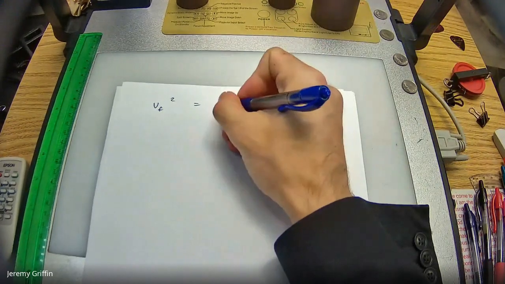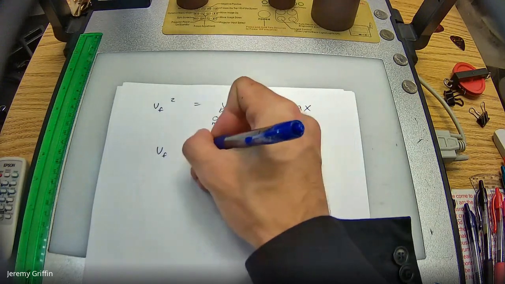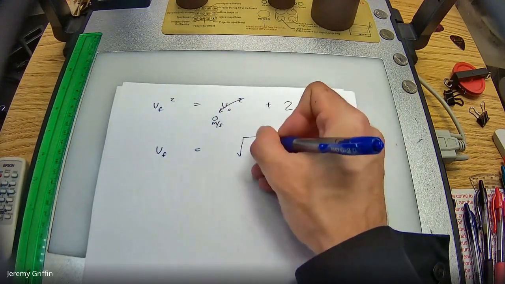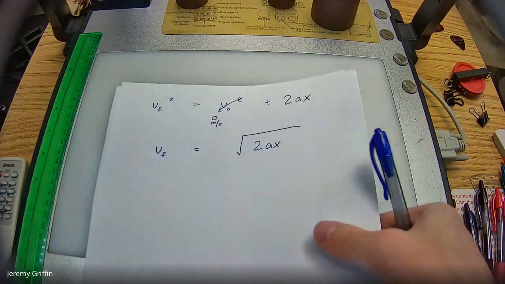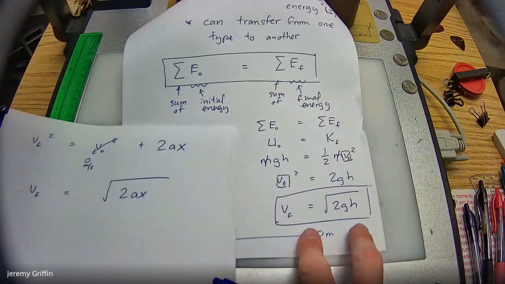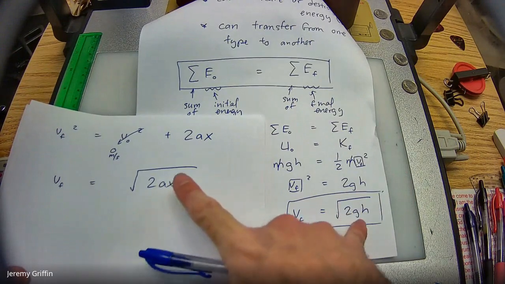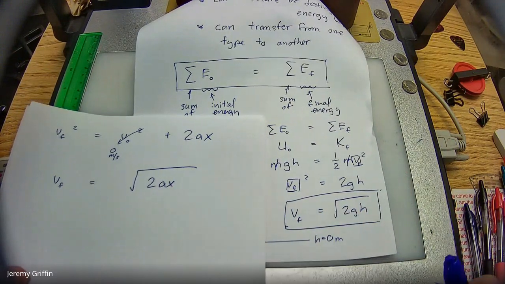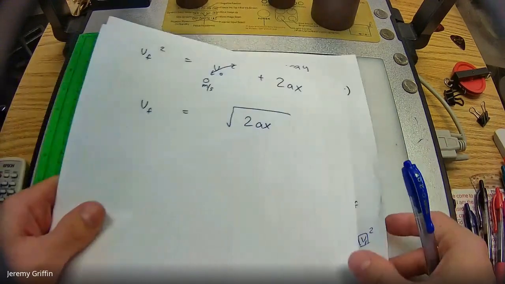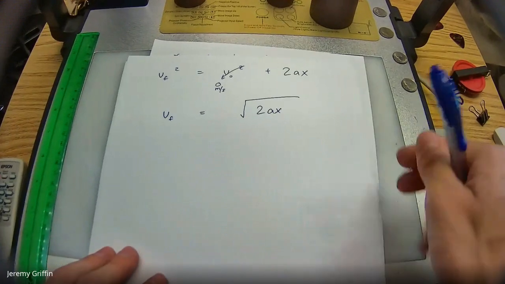If Galileo drops this thing from rest, this number just goes to 0. Then, hey, wouldn't final velocity be the square root of 2ax? And look at this, side by side. Square root 2ax, square root 2gh. You guys do see that's the same thing, right? Because g is a type of a, and h is a type of x, right? As long as you drop it from rest. You could even plug in some numbers. Let's do that real fast.